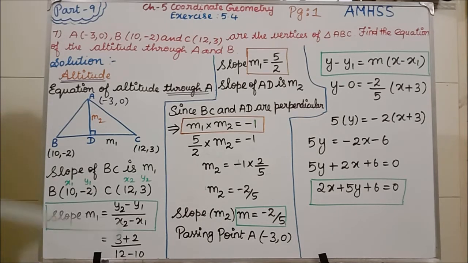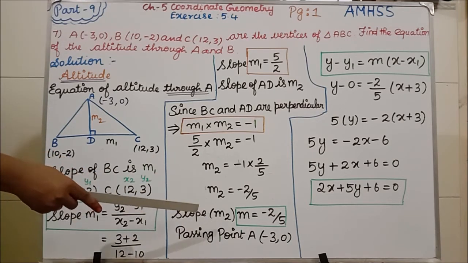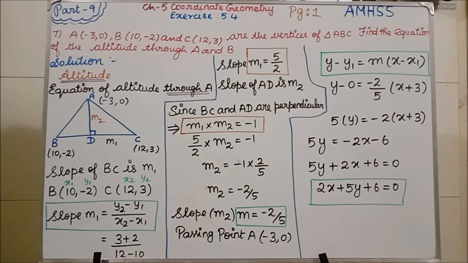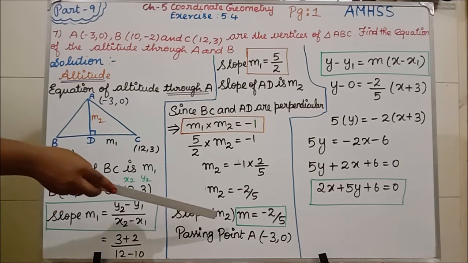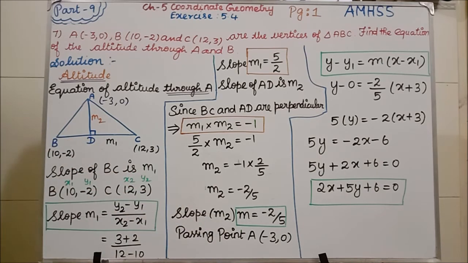Clear? Now we know what our M1 and our M2 are. Finally, the M2 you are finding, that is the M value you have to take. That only we have seen in the fifth question, isn't it? We found the m2 value, but we are taking that m2 value as m. Here also we are doing the same. Slope m2, we have to consider as m. So slope m is equal to the same value, minus 2 by 5.